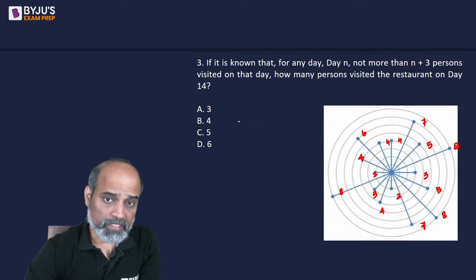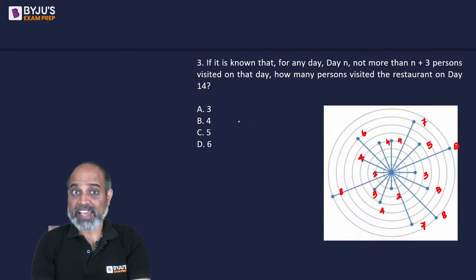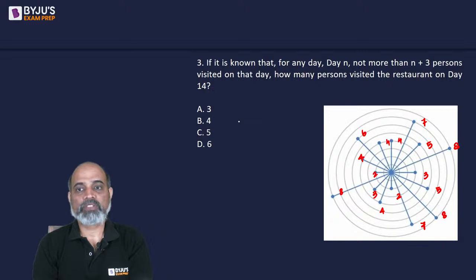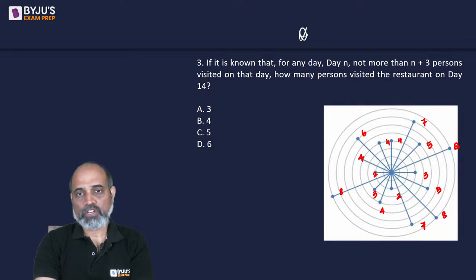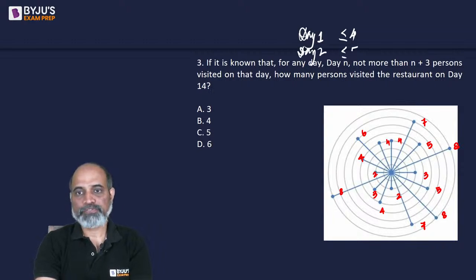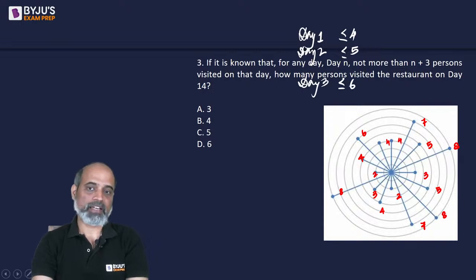Okay. Next, if it is known that for any day, day n, not more than n plus 3 persons visited on that day, how many persons visited the restaurant on day 14? Suppose we're talking about day 1: 1 plus 3, that is max 4 people visited the restaurant. Similarly, on day 2, max 5 people visited. Similarly, on day 3, max 6 people visited. And if this continues, then